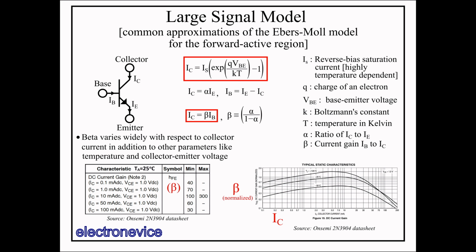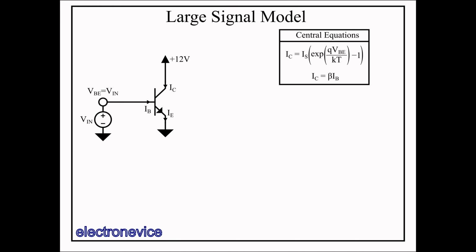It is not immediately clear how this is useful, so let's see conceptually how we can make use of this behavior with a few simple circuits. First, we construct perhaps the most obvious circuit: grounding the emitter, connecting a variable voltage source, which we take as our input voltage, to the base, and connecting a static rail voltage to the collector. Collector rail will be set to plus 12 volts since that's a common enough voltage source. So we can increase and decrease Vin, and the collector current will change by the exponential equation in the upper right. The base current will be significantly less than the collector current by the factor beta. While this circuit demonstrates what happens, it is wildly unexciting since the only voltage that changes is Vin, and that has nothing to do with the transistor.